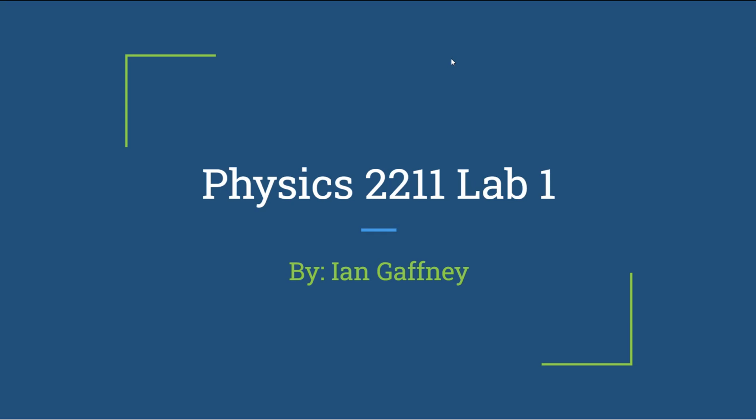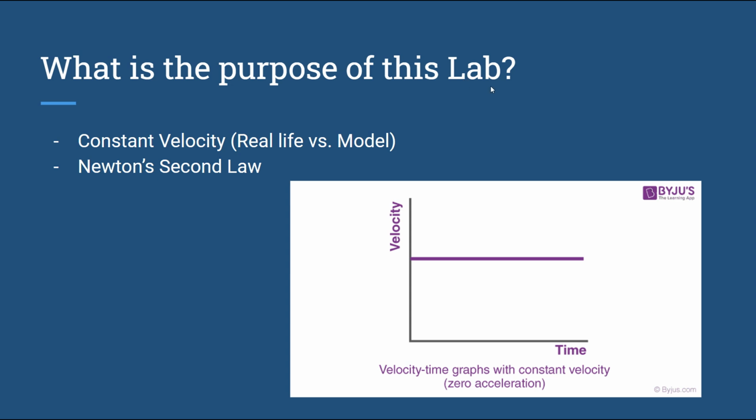This is going to be my report on the Physics 2211 lab number 1. So what's the purpose of this particular lab? The purpose we are looking at today is we're studying how a constant velocity varies between a real-life model and an online model. So obviously in real life it's going to be a little bit different because we can't